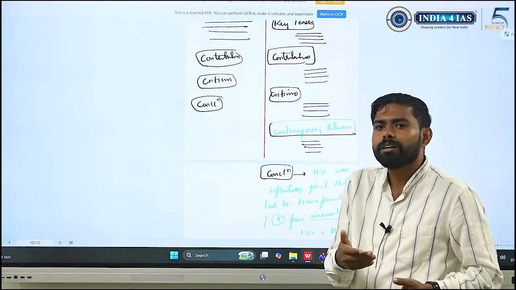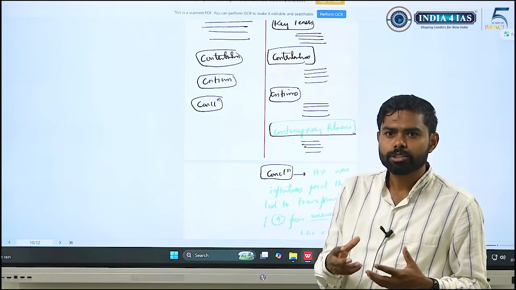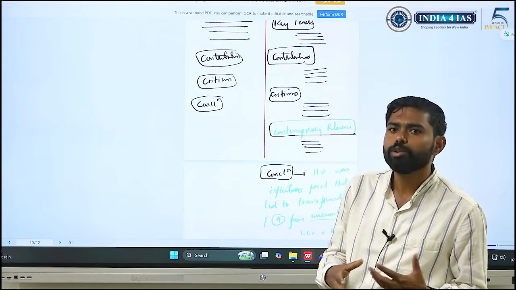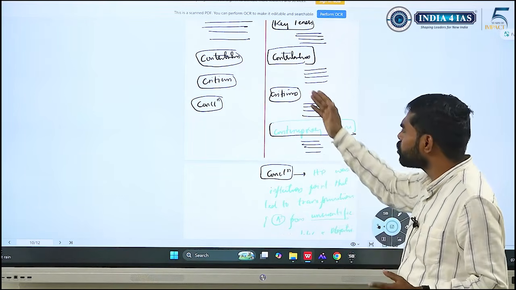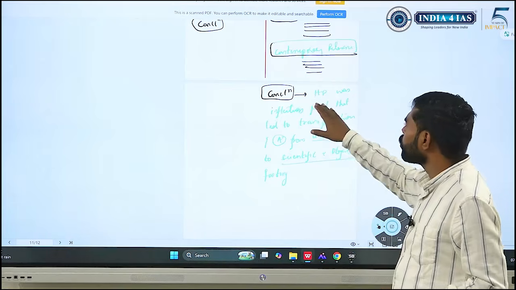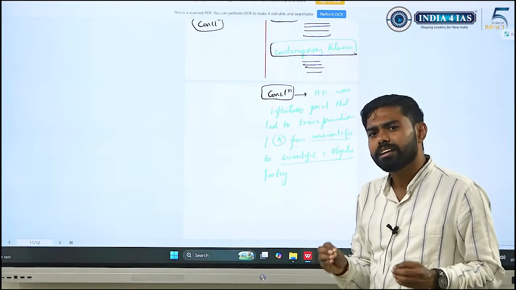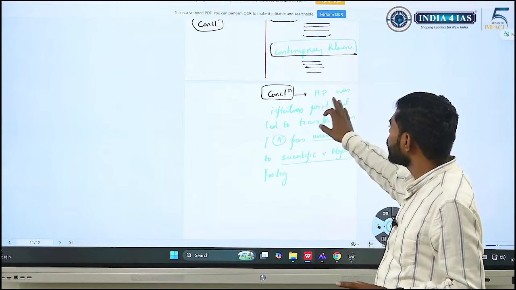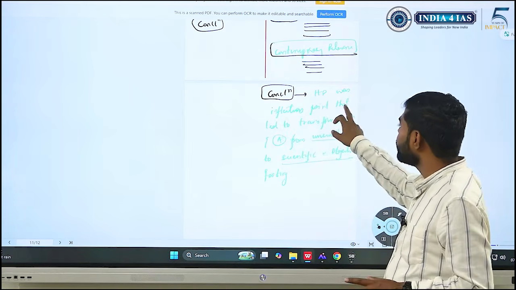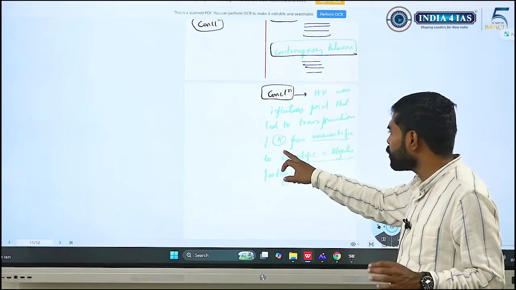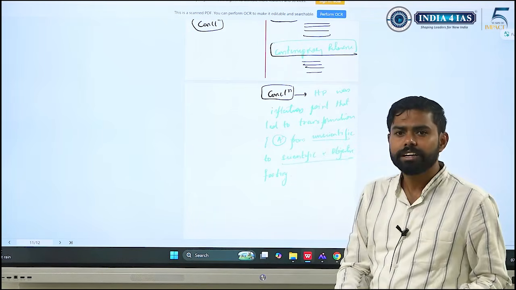We can use that in inclusive development. We can use that in solving racism. We can use that in solving the debate about UCC, right? So you can write any 2-3 points based on this. And conclusion, like I said, bring the depth and understanding in the conclusion. Historical particularism was an inflection point. Inflection point means turning point that led to the transformation of anthropology from unscientific to a scientific and objective footing.